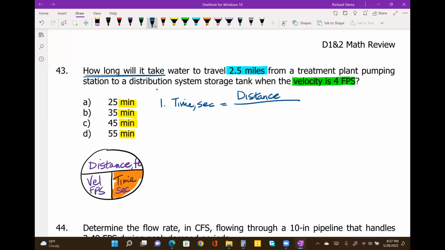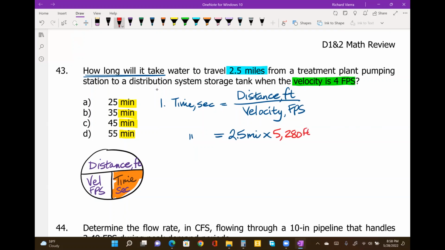feet by velocity in feet per second. Feet cancels out, top and bottom, and we end up with our time in seconds. Well, in this case, we don't have our distance in feet. It's 2.5 miles. So to convert miles into feet, always, we can use the number of feet in a mile,